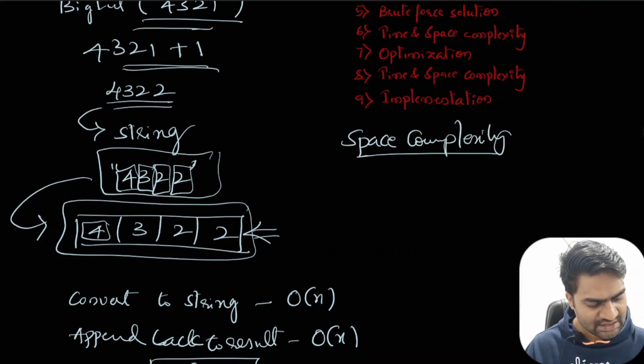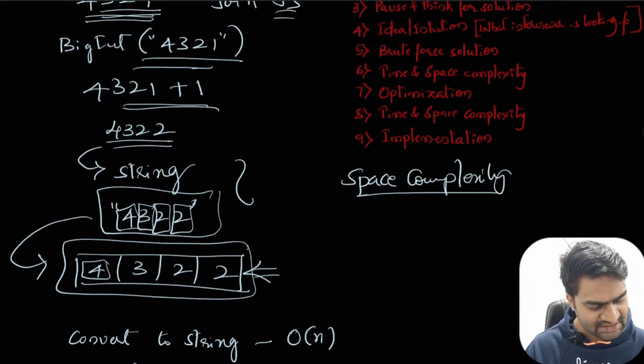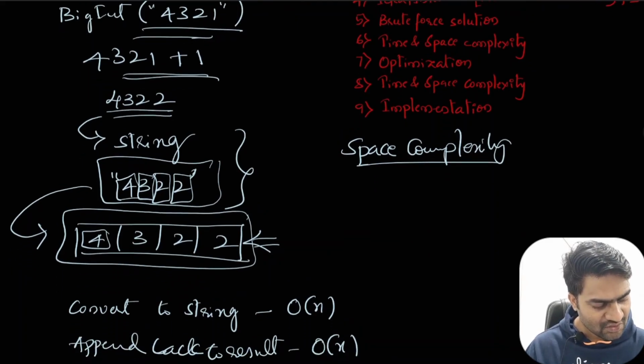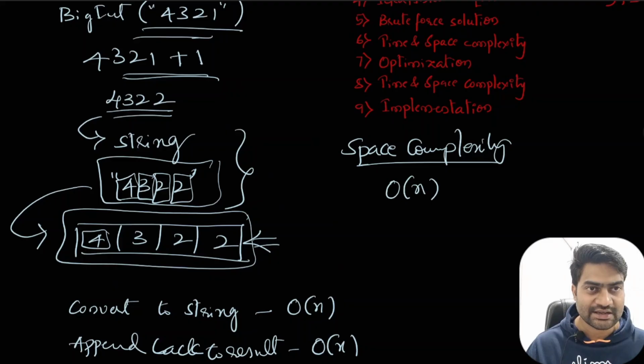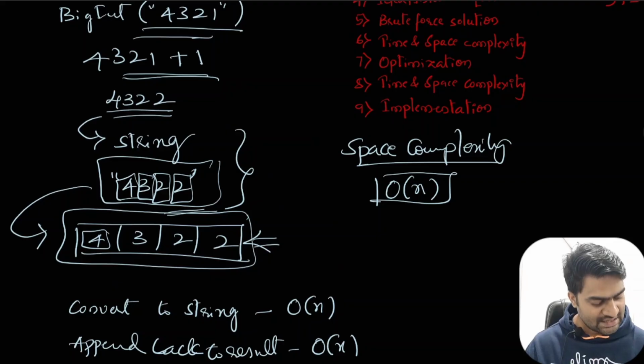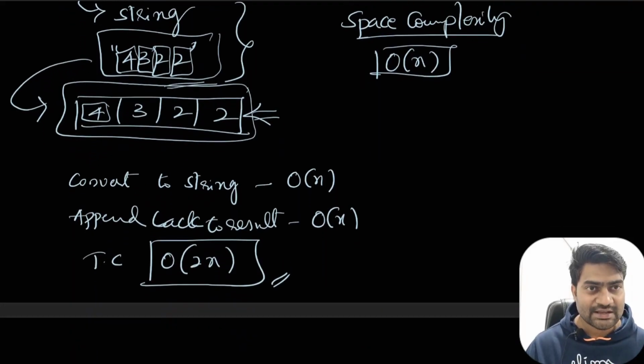If you see, we are taking this extra space, right? So it is of order n. In the worst case, I mean, we use this particular extra space, which is of order n. So here the interviewer will not be happy with this particular solution,